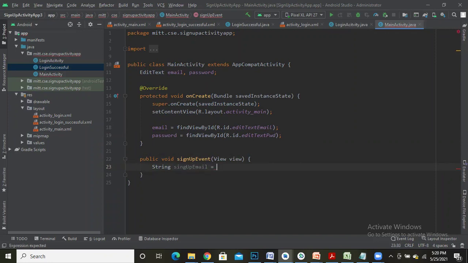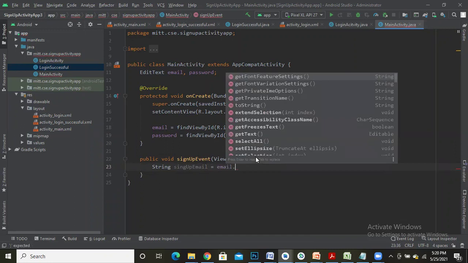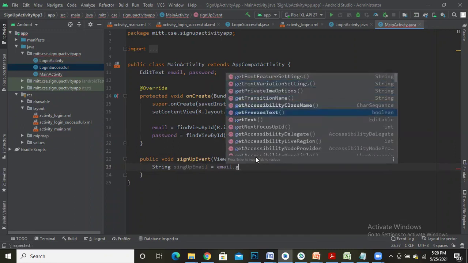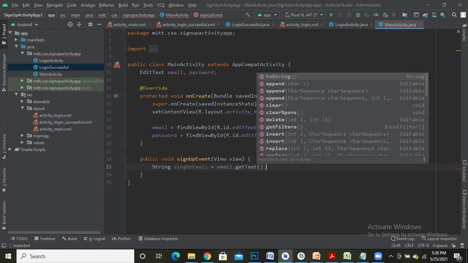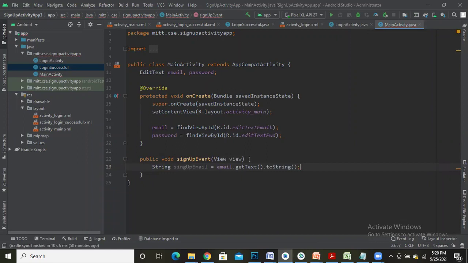So I need to retrieve from the email field, which is represented by the variable email. To retrieve the value, I have a method getText. Whatever text I get, let me convert it into a string using toString. So the email field has been retrieved and it is present in the variable sign up email.